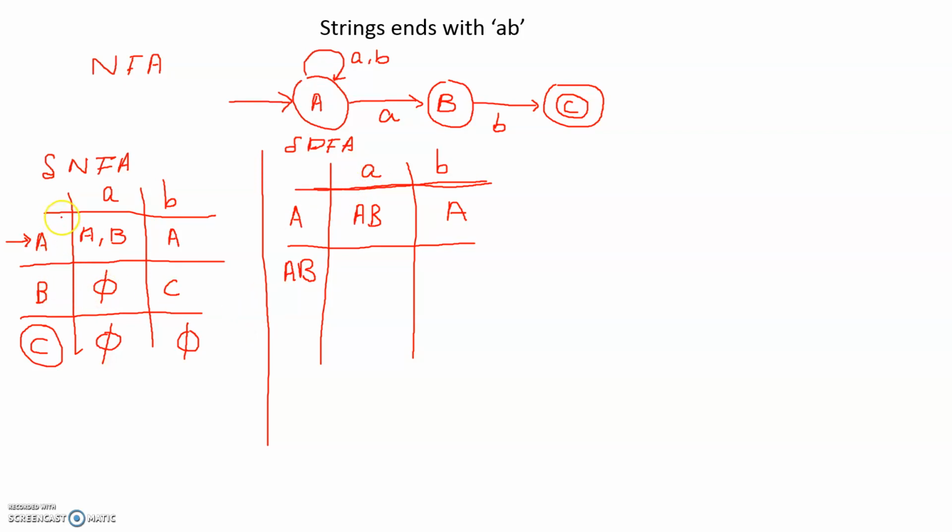Okay, look at the NFA's table. In states A and B, on seeing an A, what are the state transitions? So you need to look at the row of A and the row of B. That is, if the automaton is at state A and it receives a small letter A, it can go to state A or state B, and if it receives a small letter A at state B, it is a null state. Okay, so you can take the union of these, that is, you can combine these states. Phi actually means a null state, so we can combine these, and it will become AB itself.